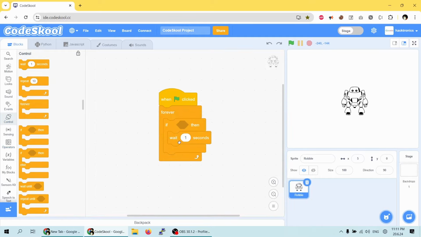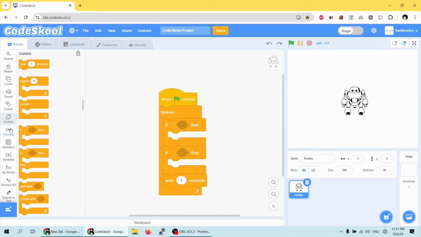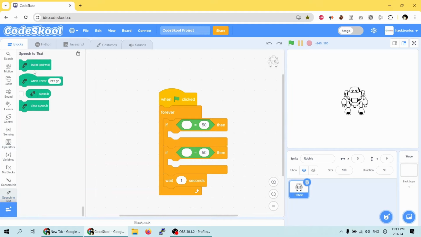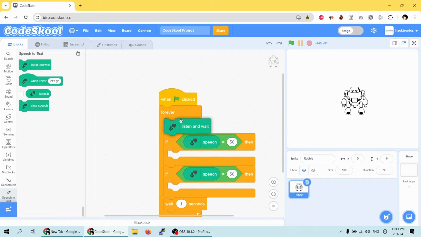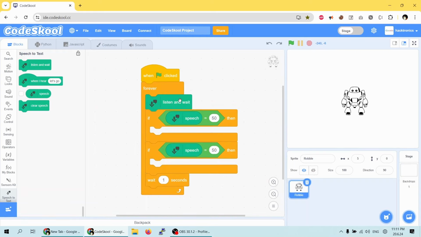So I will need two if conditions, and for that I would require two operators. And in the operator, I'll check for speech, and before that I have to actually listen and wait for whatever you speak, it will convert it to text, and that would store in this variable. So